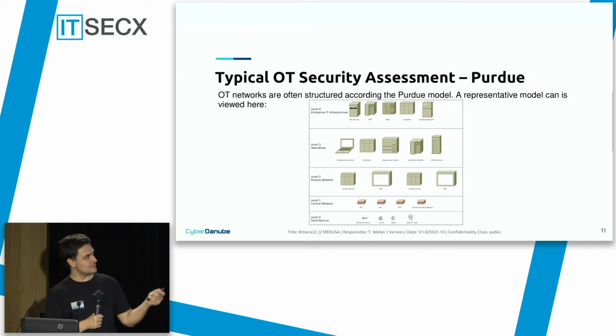All those devices, which you can see here, you can imagine what they do. On level 4, you have file servers and all the IT enterprise systems. On level 3, you have engineering stations, historian, SCADA servers, and so on. On level 2, you have HMIs, also SCADA servers and other HMIs where